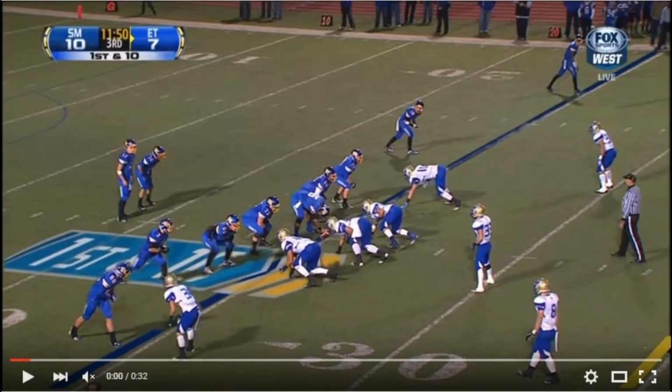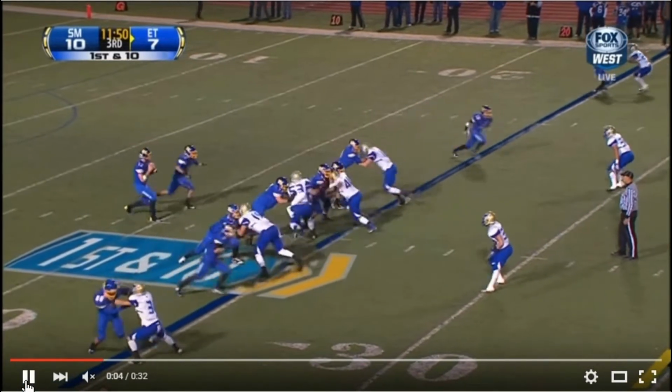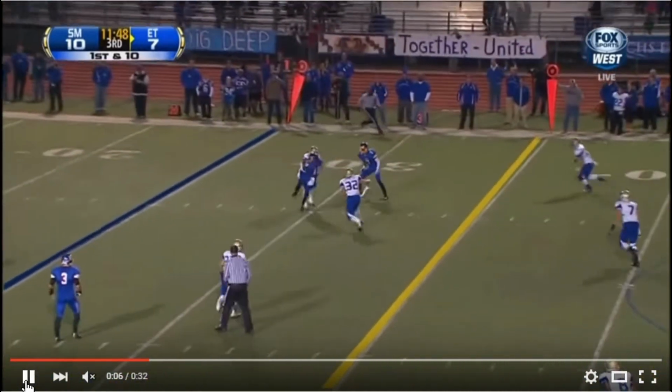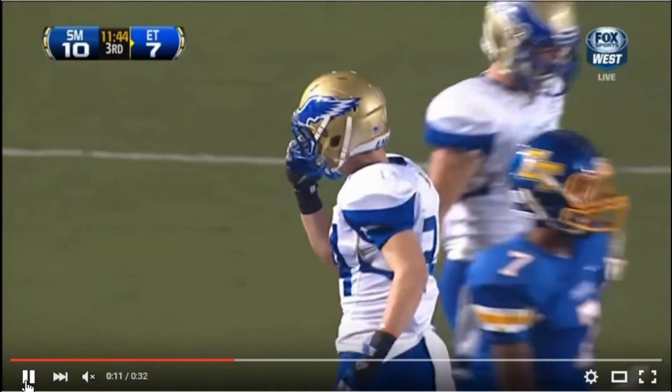This next example of a personal foul for excessive contact is very similar to the previous play. The only difference is the receiver actually completes the catch, but this is still excessive contact on a defenseless receiver. We'll just run it in real time. The first shot here, it's difficult to see because the play is up there in the top corner and the angle's bad, but we're going to see a much better angle coming up here.